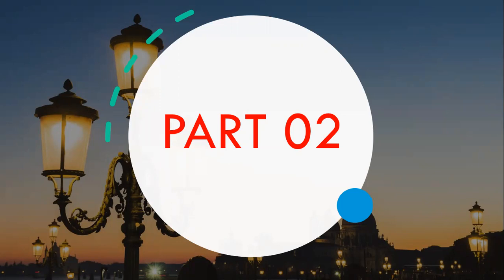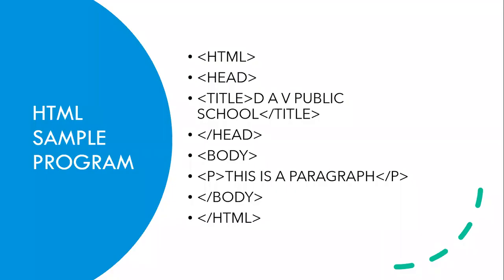Today I am going to show that one. So let us start. This is an HTML sample program. As we already discussed, every program has HTML as its root element. So here we have started the HTML tag first. Within HTML we have two sections, the head section and the body section. That is why immediately after opening the HTML tag, we have opened a head tag. In that head tag we will have a title tag. Here is a title tag.